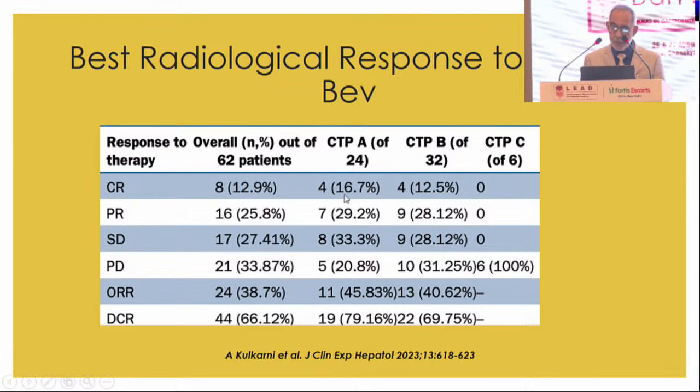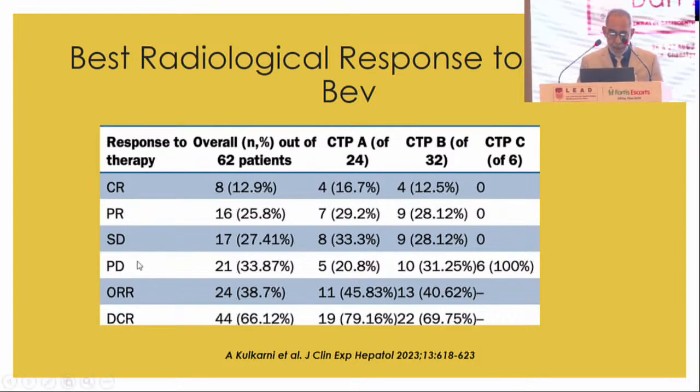but mainly in CTP-A and CTP-B, we got a reasonably good complete response rate. Partial response rate was similar in the overall as well as split according to CTP A and B, and the ALBI grade 1, grade 2 followed the CTP-A, CTP-B classification. The stable disease was about 30%, one-third, better in CTP-A, but the results in CTP-C were discouraging. The objective response rate of about